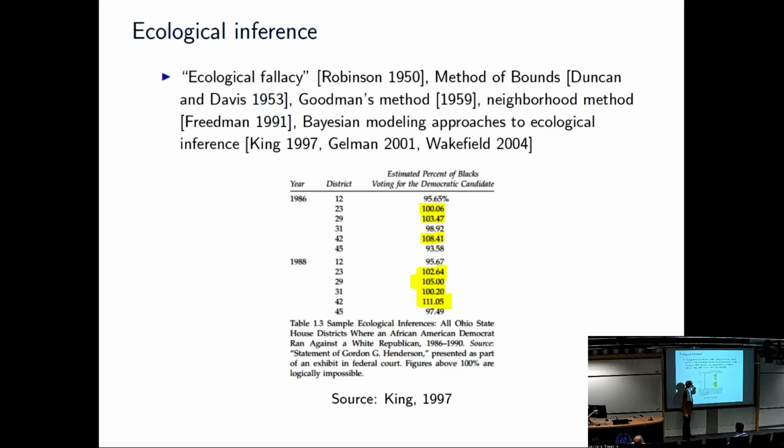And this is, again, based on the sort of statistical-ish method, Goodman's method: 100.06%, 111.05%, which makes no sense. On its face, that's preposterous. This was entered in the court record, and the court still, I think, says that you have to use these classical methods. You can't use newfangled stuff that might give numbers that are possible.